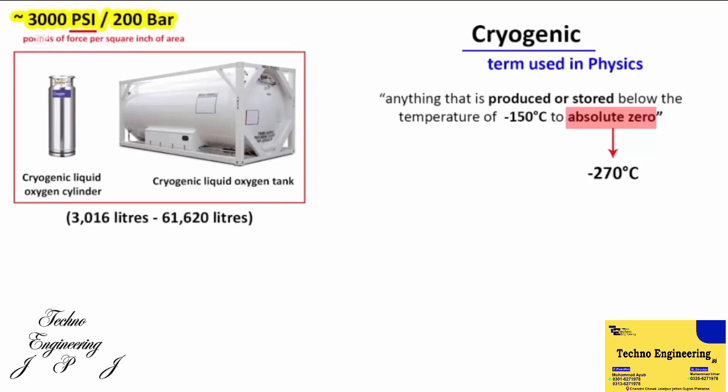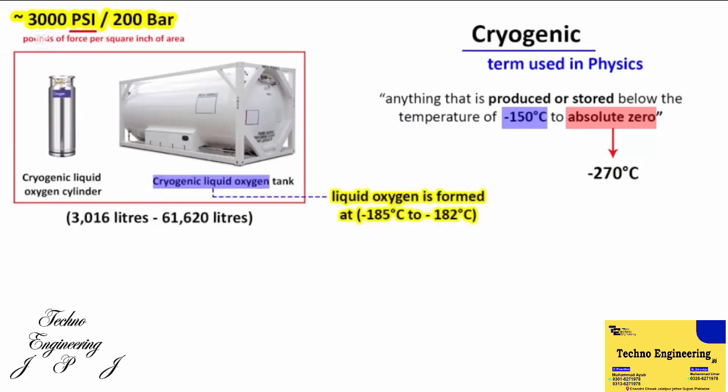As per the laws of thermodynamics, absolute zero cannot be reached. Anyhow, the meaning of the word cryogenic is anything that is produced or stored below the temperature of minus 150. Since liquid oxygen is formed at minus 185 to minus 182, that is why these large oxygen tanks are named as